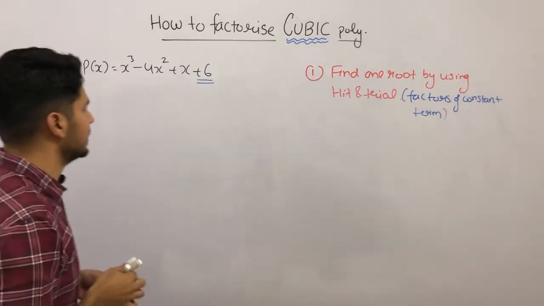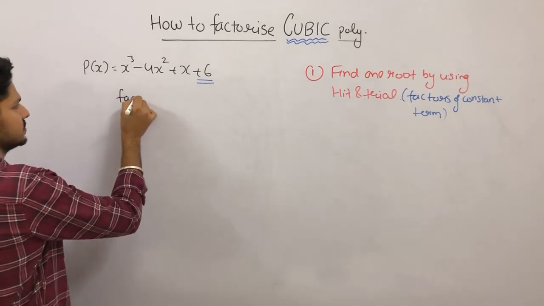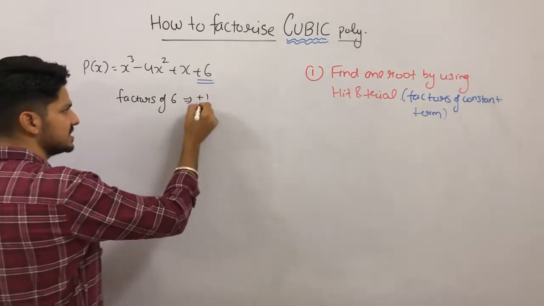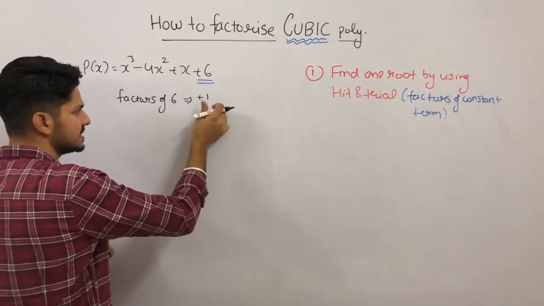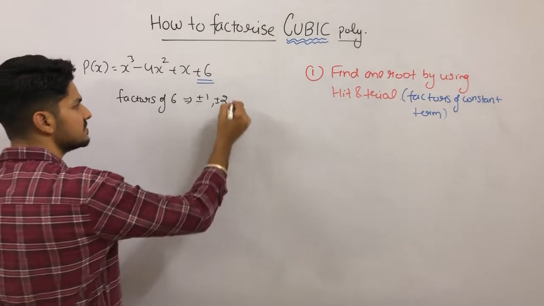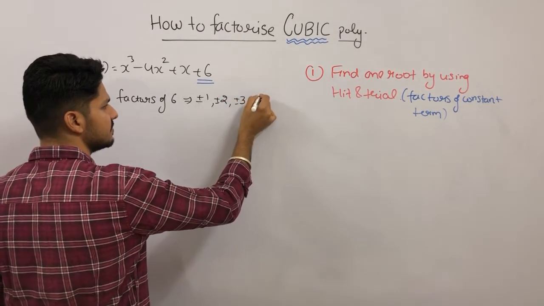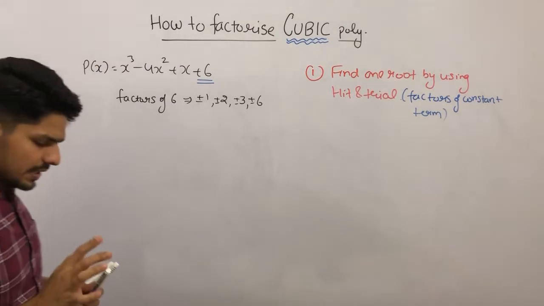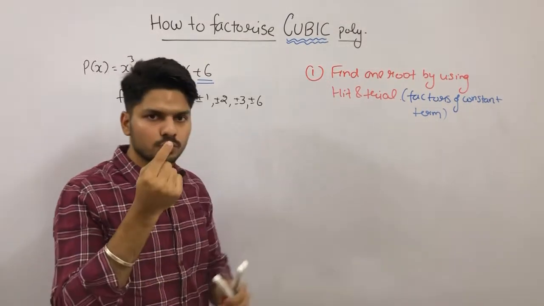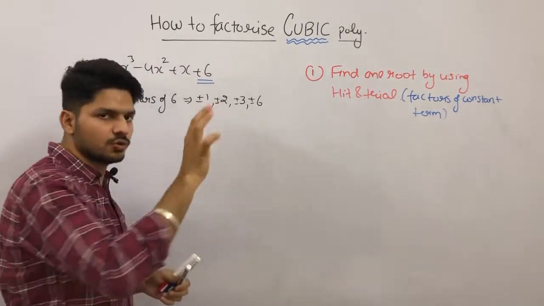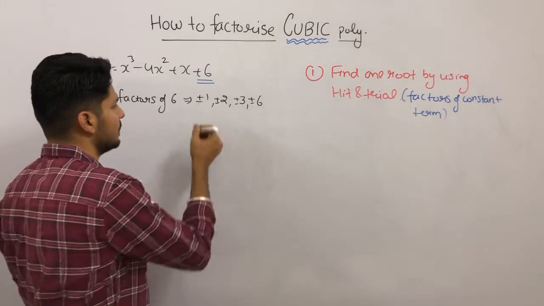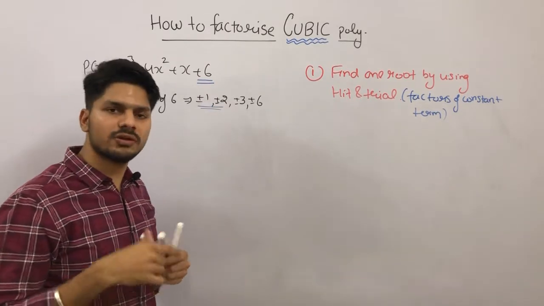Now, let me write the factors of 6. The factors of 6 are plus 1 and minus 1 is also the factor. Yes. So can I write it as plus minus 1? Similarly, plus minus 2 is also the factor. Plus minus 3 will also be the factor, and then last is plus minus 6. So we have to check at each and every point, but we want only one root. So wherever we get the remainder as 0, I will stop there. And in 99.9% cases, you will stop it here only, because you will get the root.